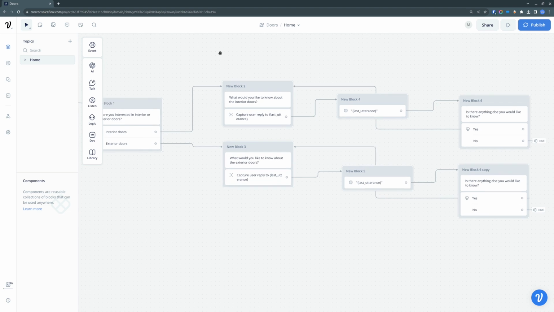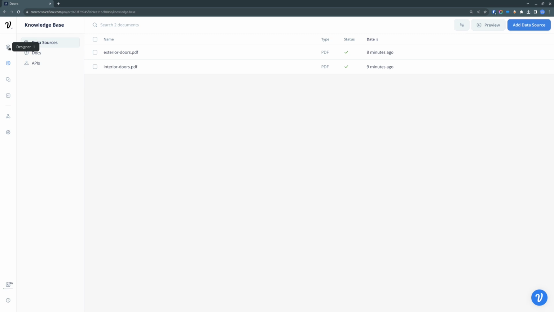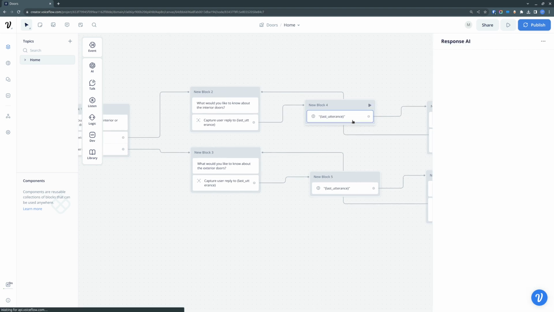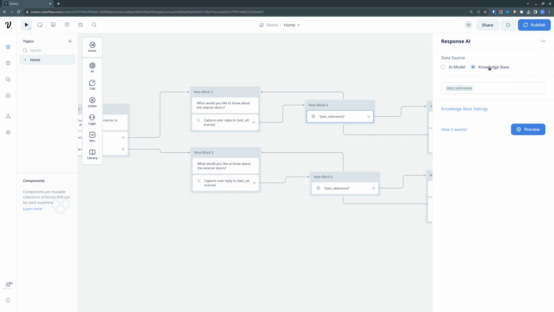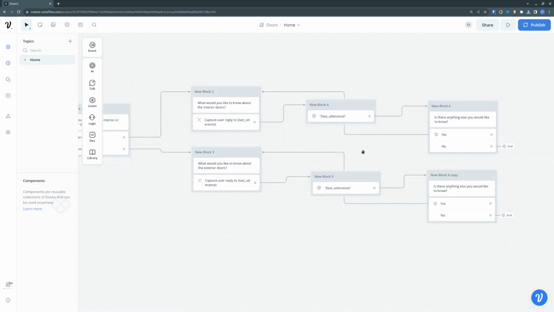here comes one of the limitations of Voiceflow knowledge base, if you are using the Voiceflow UI and working with the knowledge base through the UI. The limitation is that when you are answering questions based on the knowledge base, the only thing you can do is say that you want the answer to be from the knowledge base. There is no possibility for you to select, for example, that for this answer, you want to use only the exterior doors file or the interior doors file. So this is one of the limitations,